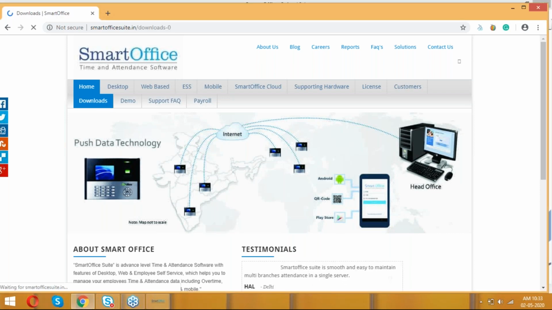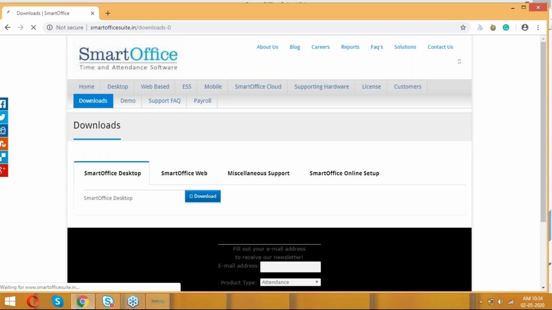First main thing, please make a note of that: the desktop application only supports the Windows operating system, that is Windows 7, Windows 8 or Windows 10.